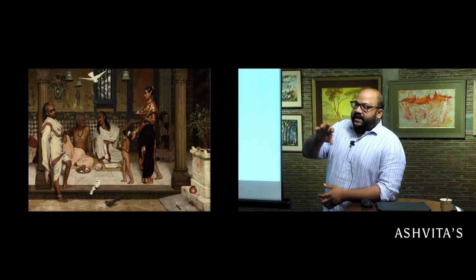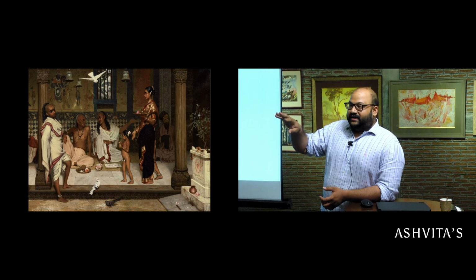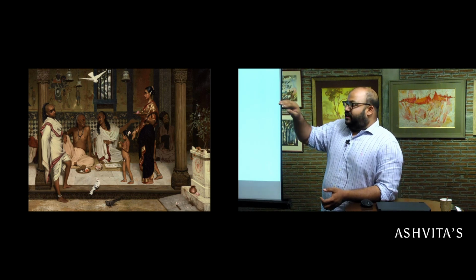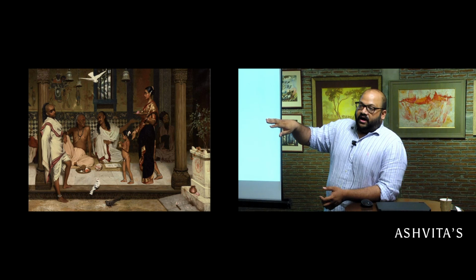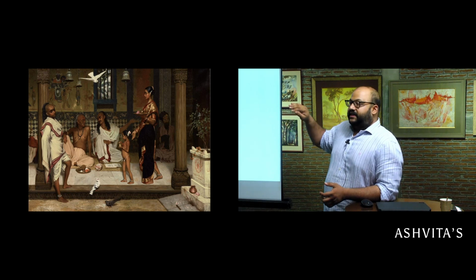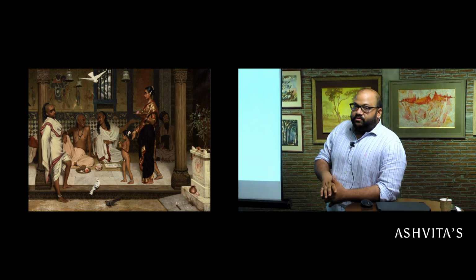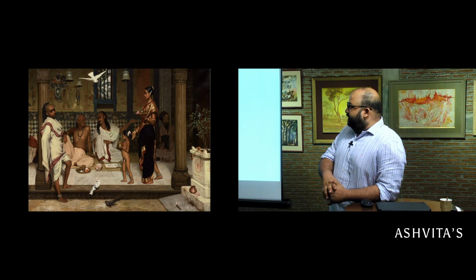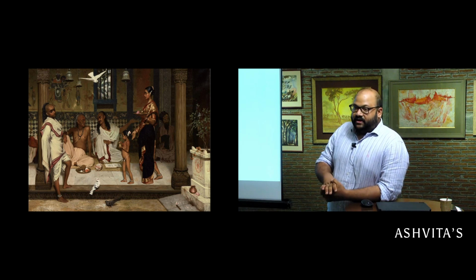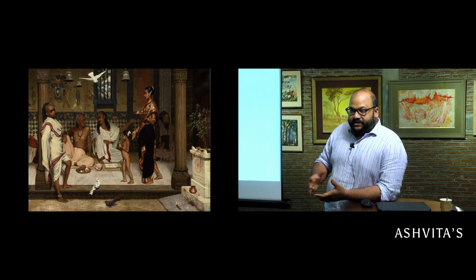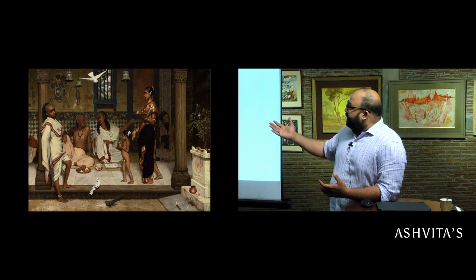So he left England, went to Paris, made his way to Morocco and Turkey and Istanbul there, and then he would come down to Lahore and Afghanistan, and then eventually make his way down to Bombay, where he set himself up in a little studio. And of course, Bombay, as today and then, was the financial capital and found a lot of patronage. And he started painting works like this.